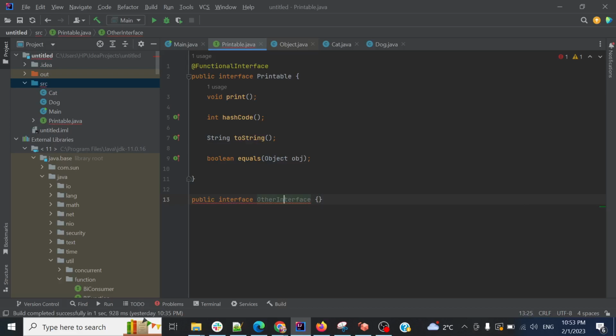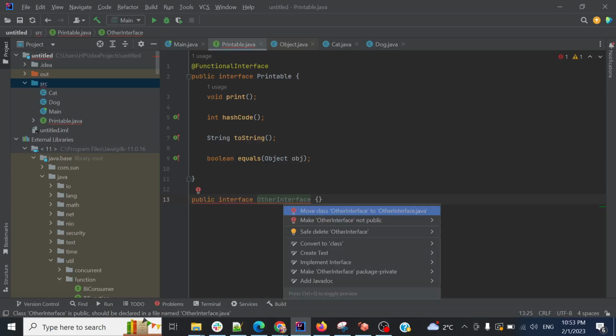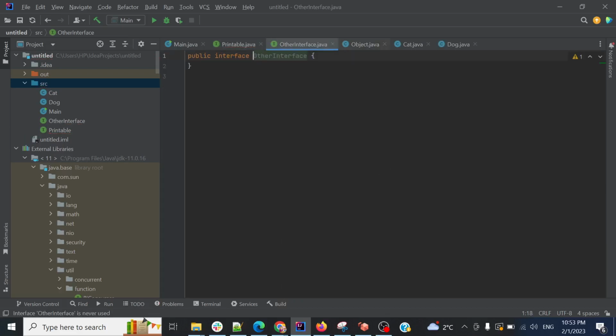Okay, so it was saying you need to create another class. I'm saying okay, create it for me. So I have created it, and now I'm adding a hello method. And this is the simple interface. Now if I want to implement